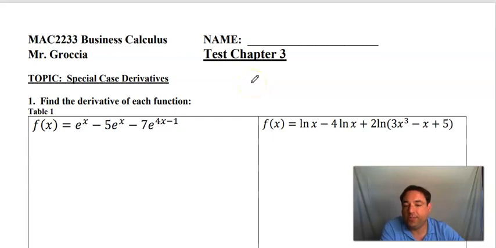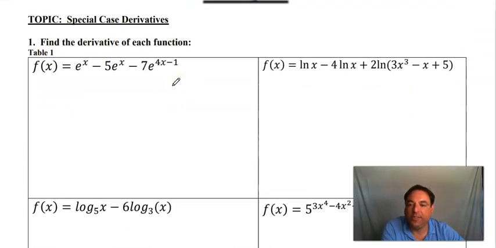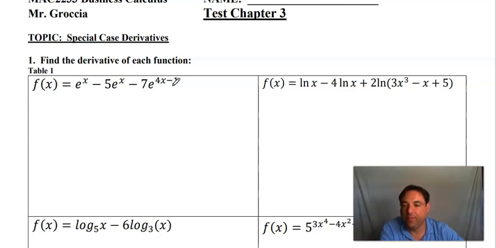We're going to go over the solutions for the test on Chapter 3 review. The first couple of questions are dealing with special case derivatives. So I'd make sure that you have your special case derivatives ready and then you know how to do them. So the first one is e raised to the x minus 5e to the x minus 7e to the 4x